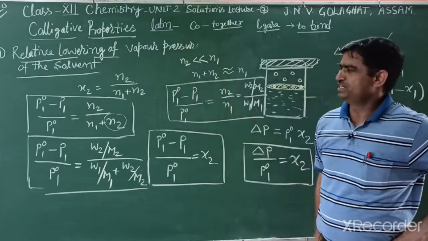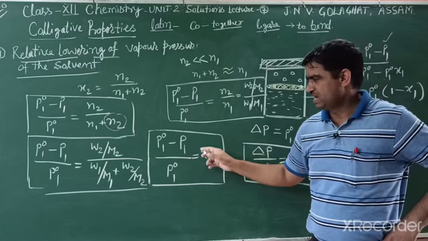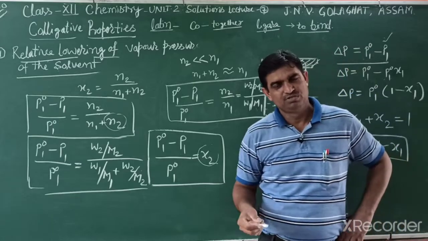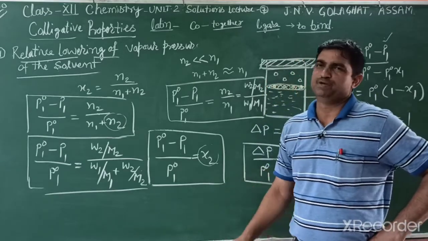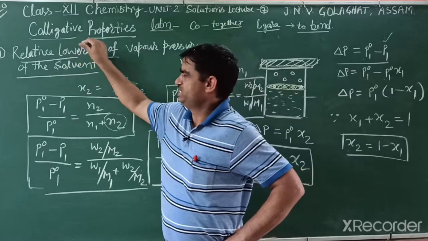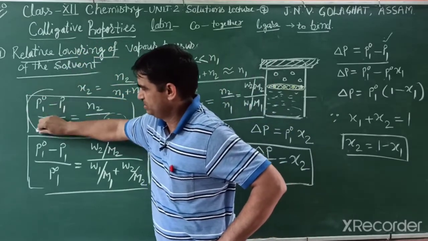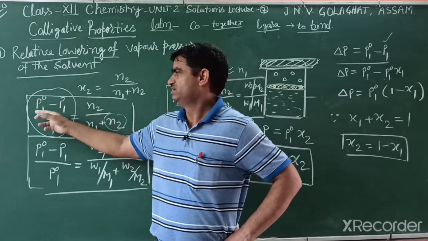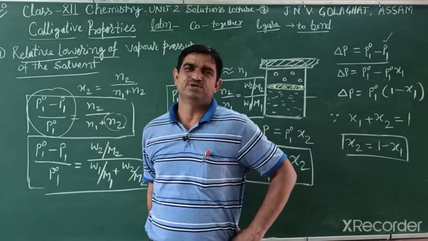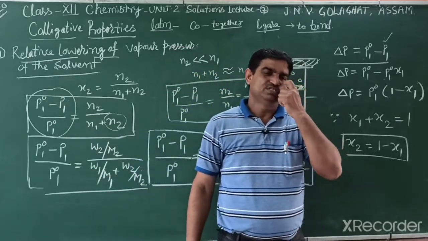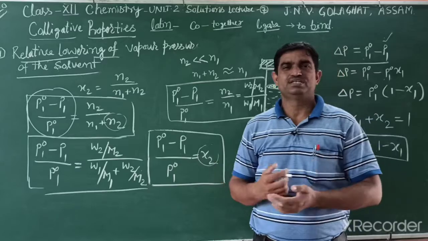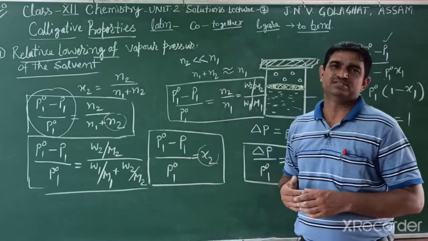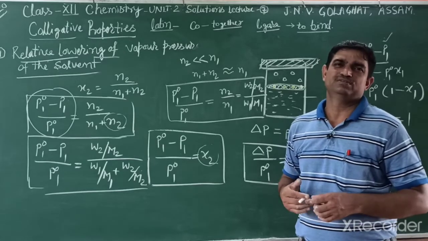So this one is a colligative property. It directly depends on the solute particles. If you mix more solute, there is more relative lowering in vapor pressure. Why the term relative lowering? Because this one is known as lowering in vapor pressure, and when you divide, that is the relative lowering in vapor pressure. In such a way, you can solve some numericals given in your NCERT book. You put the values, write in your notebook and solve the numerical problem.